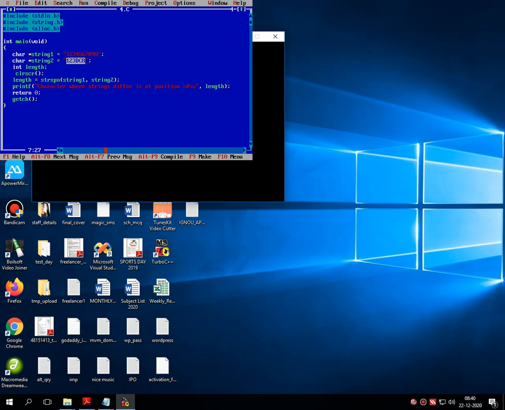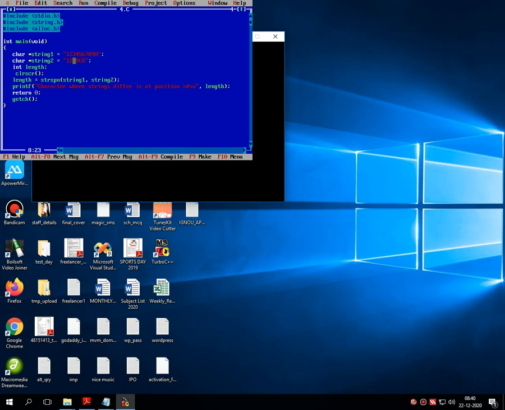Now it compares the first string with the second string and searches out from which position the character difference is generated. 1 is compared with this 1, it's perfect. 2 is compared with this 2, it's perfect. 3 is compared with this 3, it's perfect.